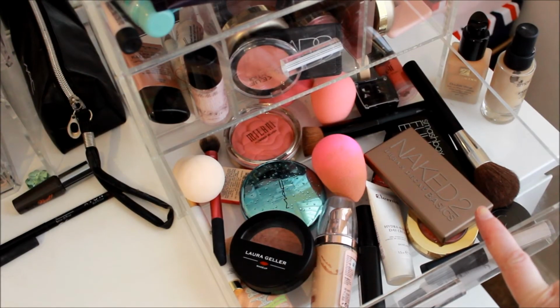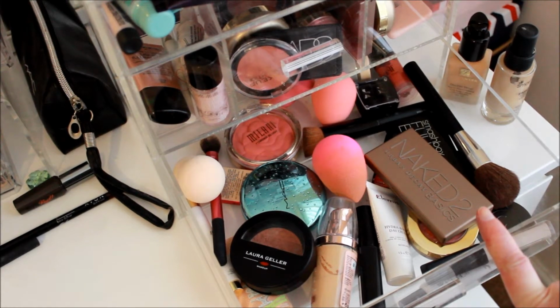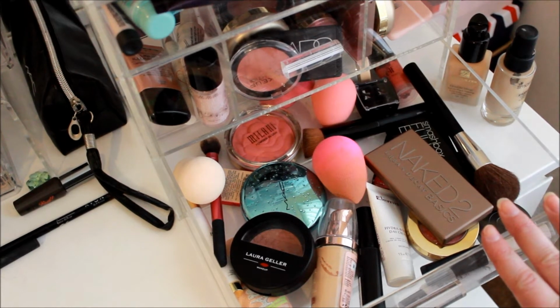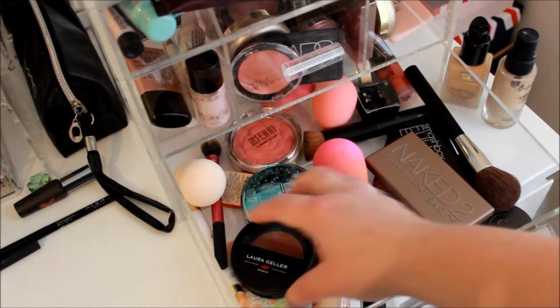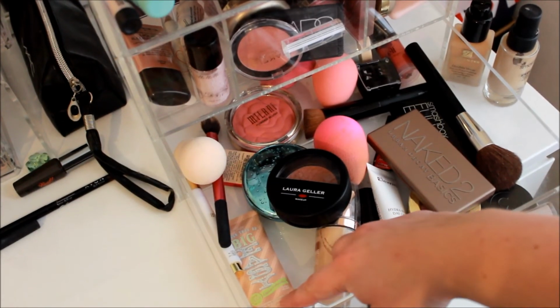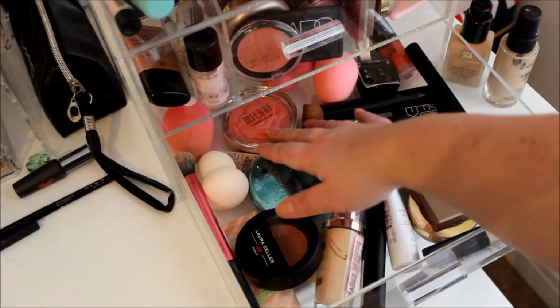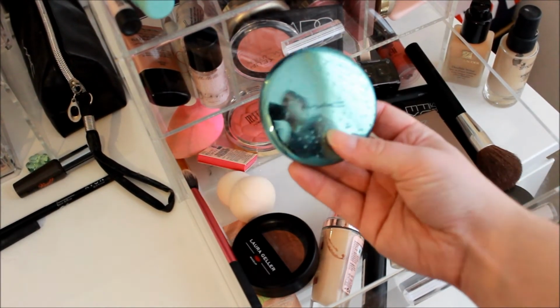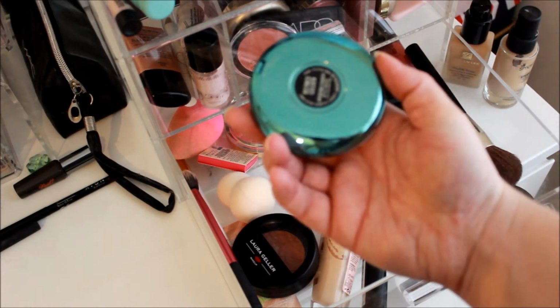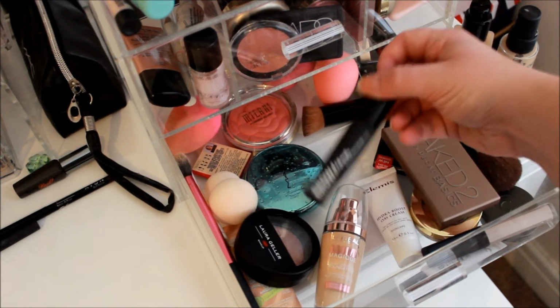So this little drawer at the bottom is only a recent drawer, because I did have some little palettes in here, but I reorganised, and this was empty. So what I've been doing is putting my everyday essentials in here. I've got my Benefit BB cream, some of my Real Technique brushes, my beauty blenders, my Milani blush, my mini Mary Lou, my MAC bronzer that Eva got me, this Lumi that I've been trying, Maybelline Brow Drama